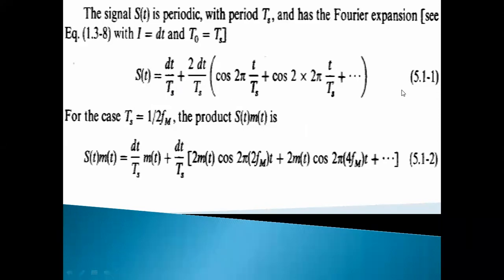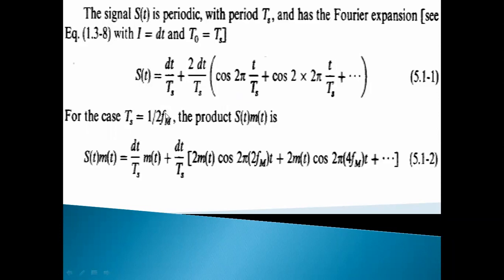Equation 1 is the S of t signal: the Fourier series expression, that is dt by Ts plus 2 dt by Ts cos 2 pi t by Ts plus cos 2 into 2 pi t by Ts plus cos 4 into 2 pi t by Ts, like this. So for the case Ts is equal to 1 by 2fm,